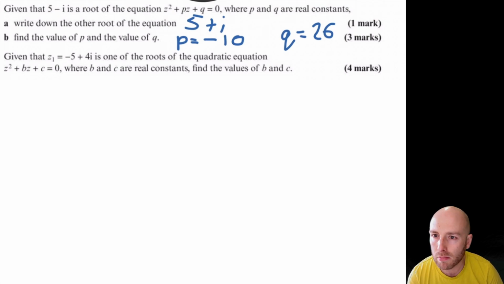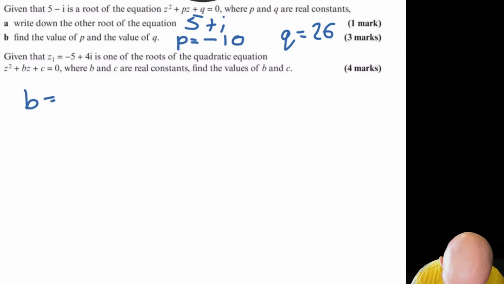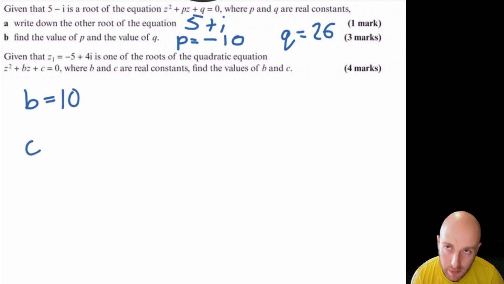Right, this is a separate question. Given that z1 is 5 plus 4i, one of the roots of that, what is the other root? And find the values of b and c. Well, the value of b is going to be minus 10. Good. So b will be 10 in that case, I think. And c will be